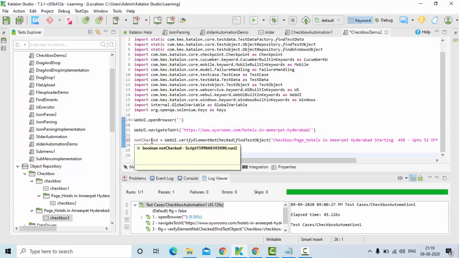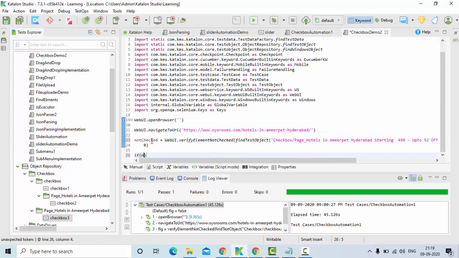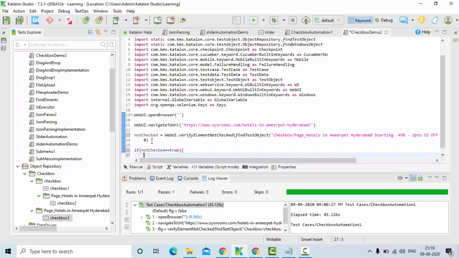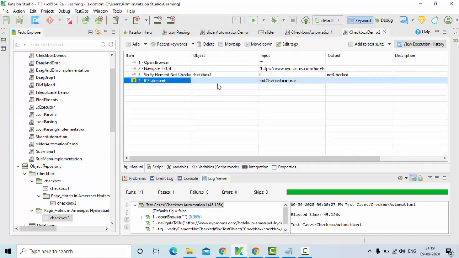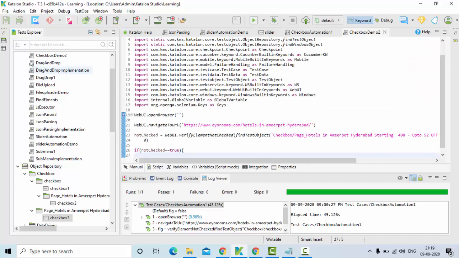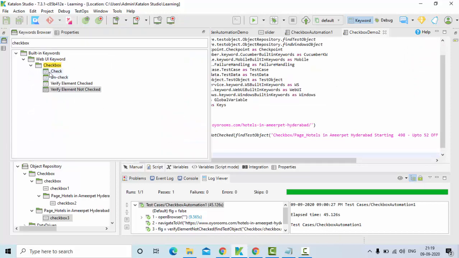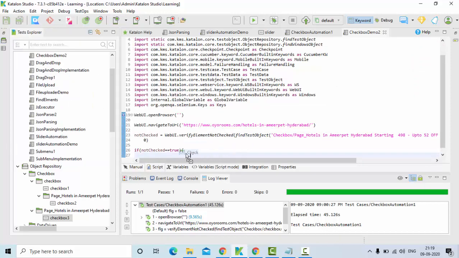Then apply if else. Not checked. Here it is not checked, so the value will change to true. So I'll try to compare whether it is true or not. If it is true, I'll simply select the checkbox here. Simply select the check here.